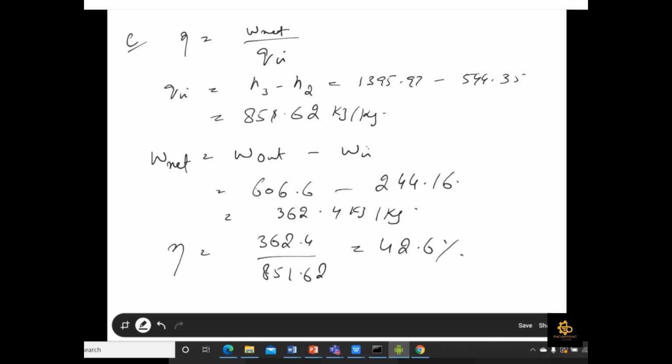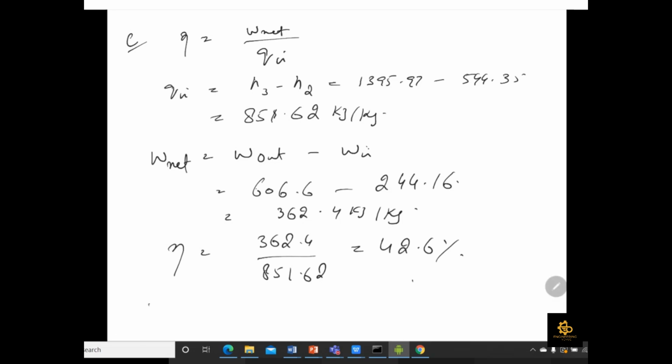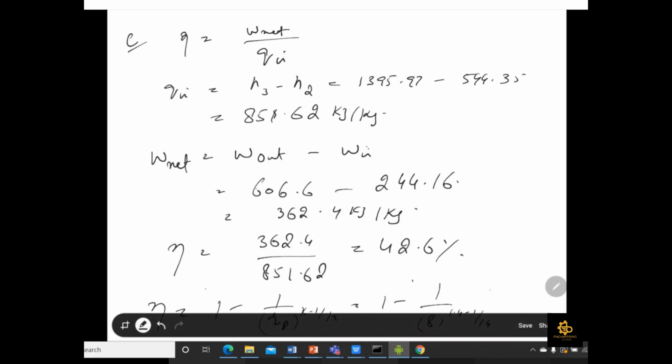Similarly, we also apply the cold air standard assumption to find the thermal efficiency. For this, it will be 1 minus 1 over Rp raised to the power (k minus 1) over k, where Rp is the pressure ratio. Rp is known to us, the value is 8, and k is 1.4, the specific heat ratio of air. It turns out to be